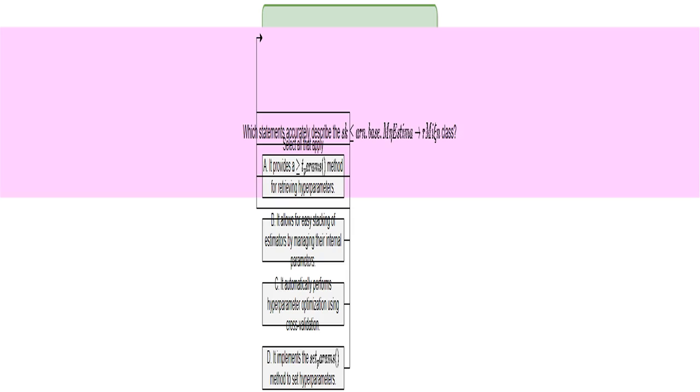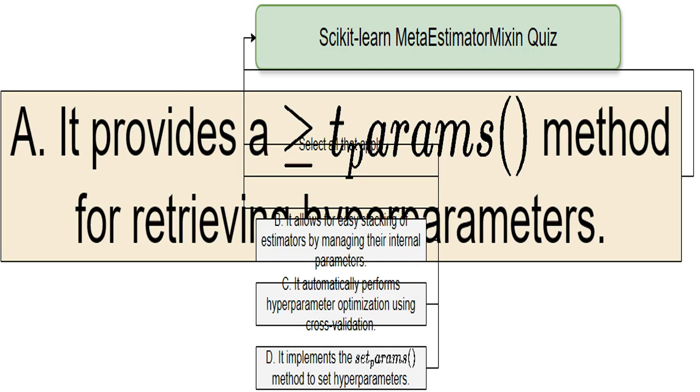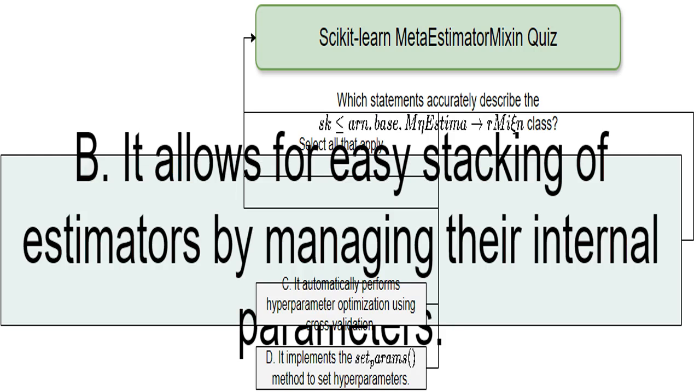MetaEstimatorMixin class. We need to carefully examine each statement to see if it aligns with the functionality of this class. Statement A claims that the MetaEstimatorMixin has a method called _get_params, which retrieves hyperparameters. Let's see if this is correct. Statement B suggests that this class is involved in stacking estimators, meaning arranging multiple estimators sequentially. Is that the job of